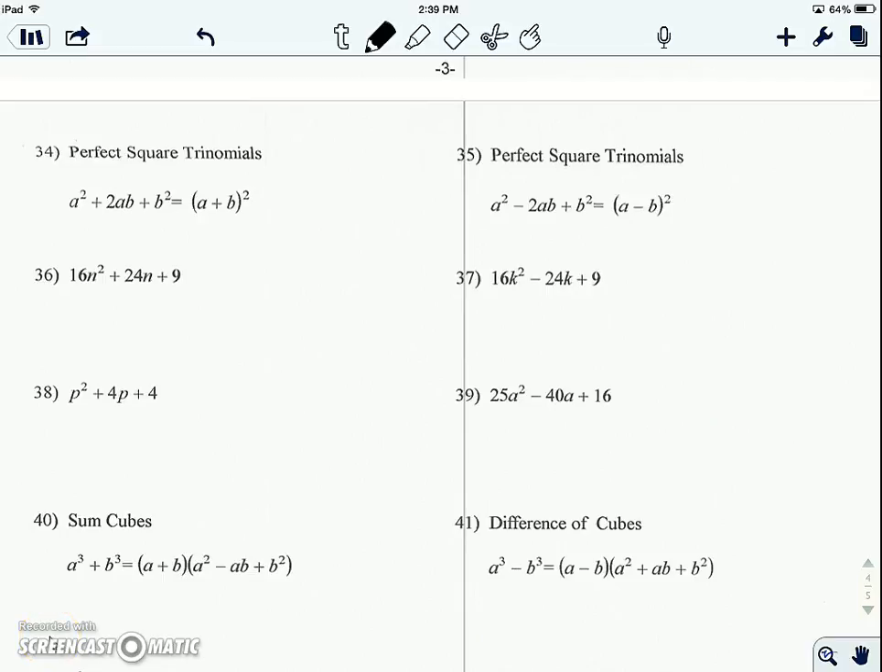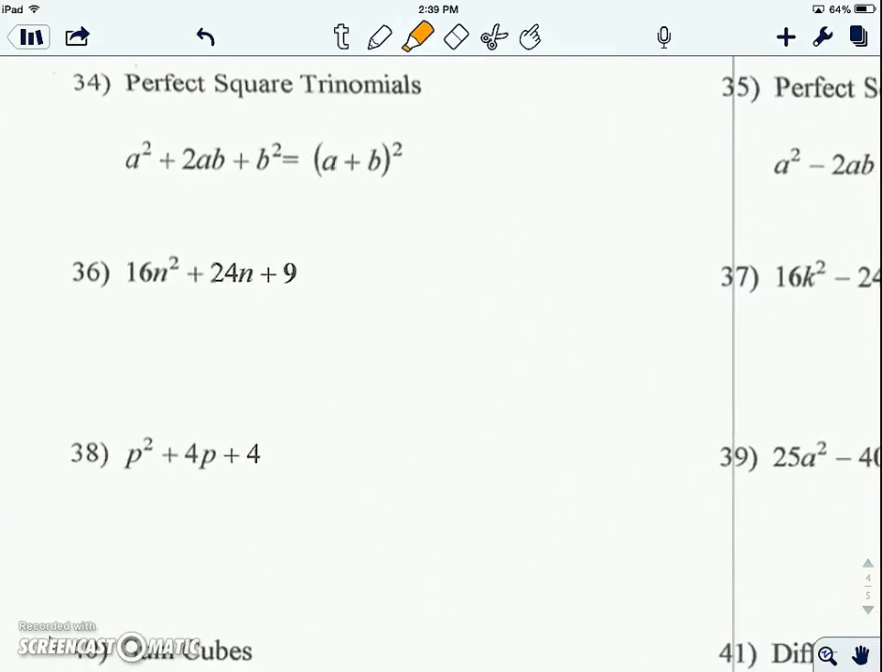The rest of the factoring notes. So we got two perfect square trinomials. Again, these can be done using the 5-step method, but if you want, you can recognize this pattern right